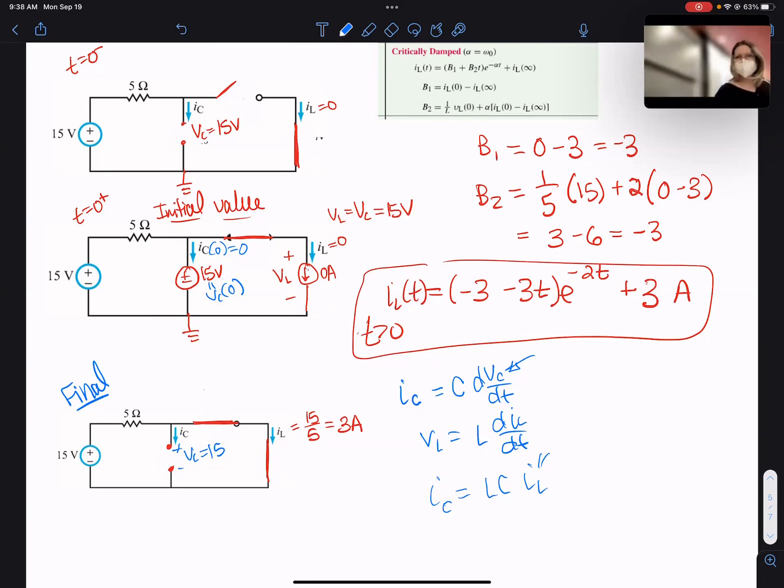I'm a little confused on the RC. When we found the